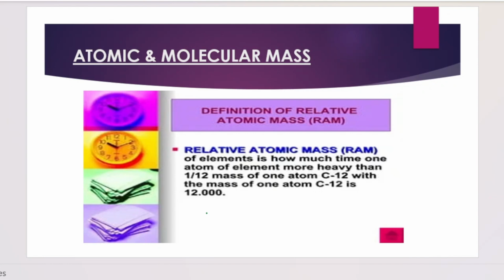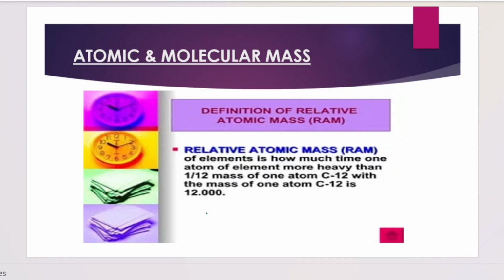But in earlier times, scientists used to find out the mass of an atom by comparing it with some standard atom. Scientists chose C12, carbon 12, which is an isotope of carbon, as the standard atom and compared masses